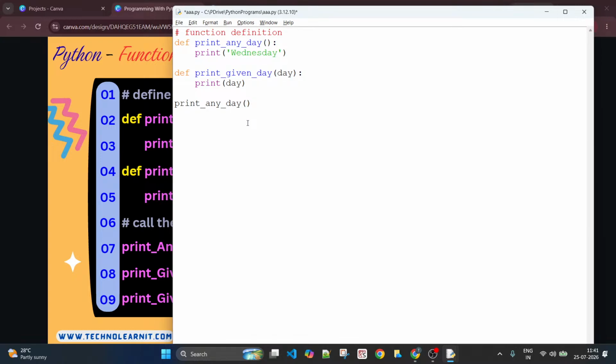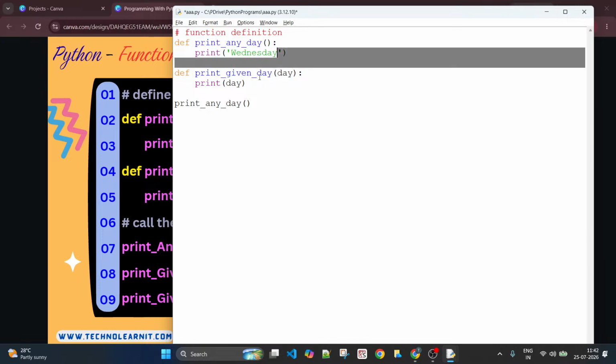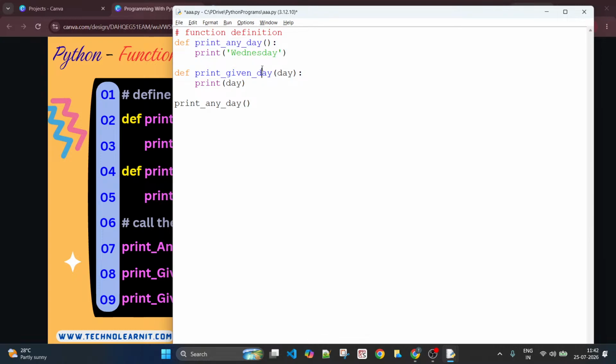First of all, tell me how many functions do you have within this file? You have two functions. Print any day is one function. Print given day is the other function. And here you have made a call. You are calling print any day, so that the control comes here and it executes the body of it, which is Wednesday. So you run this, you should get an output Wednesday.